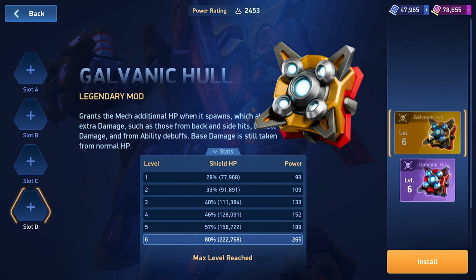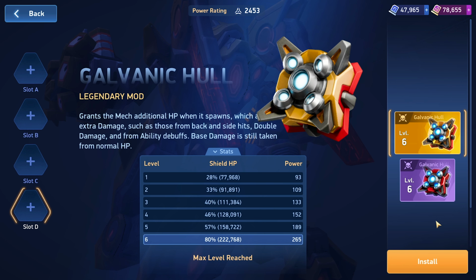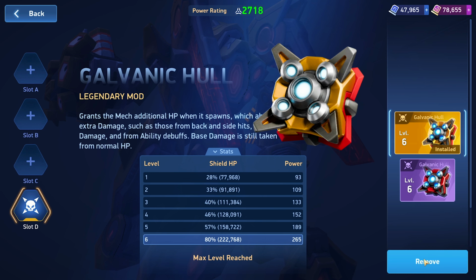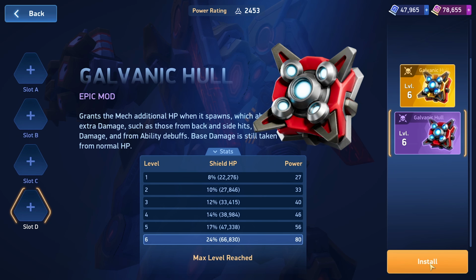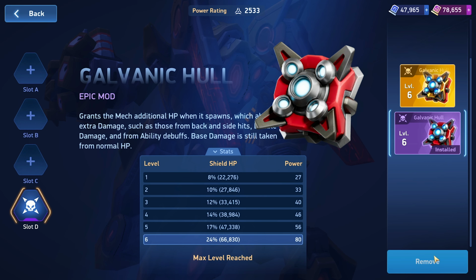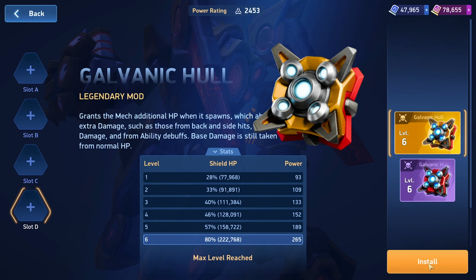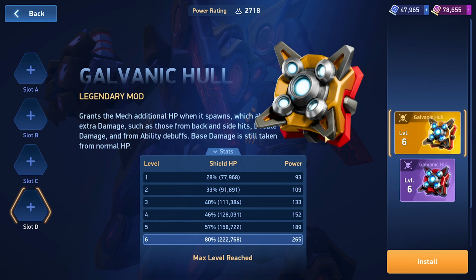So yeah, and if you've read up on this a little bit already, each of these has ways that you can put them on your mech, but you can remove each of them and switch them around. Not that you'd want to in this case. You don't need to put an epic on here when you already have a legendary, so I would put this one on normally. But what is important and significant to note is that if I remove it off of this